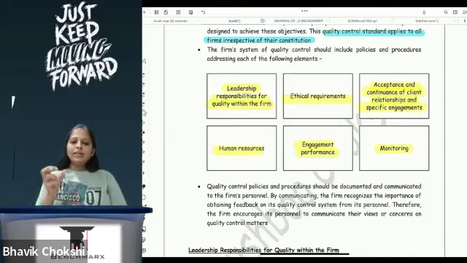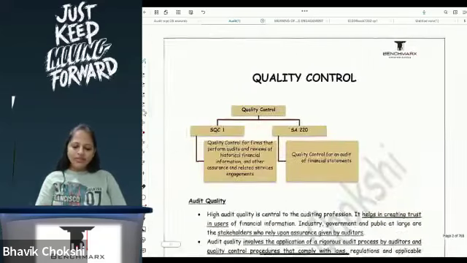Okay, now each of these elements will also give you guidelines on what should be taken care of or what should be taken into account before you say that the element has been complied with. Okay, before we go there, first just write down